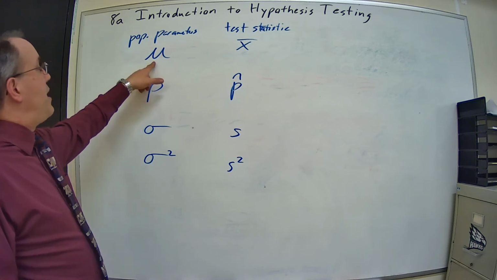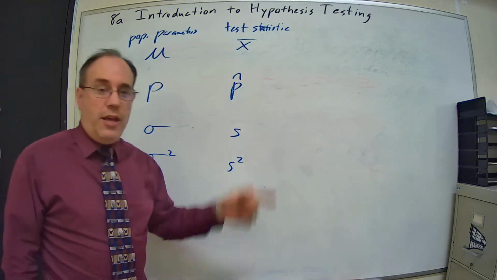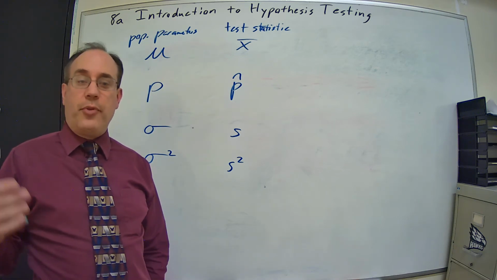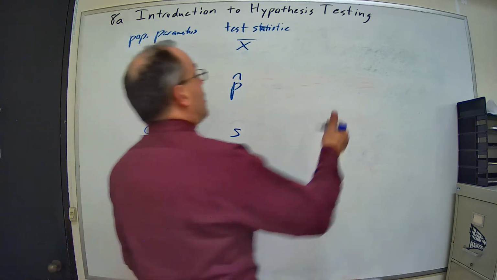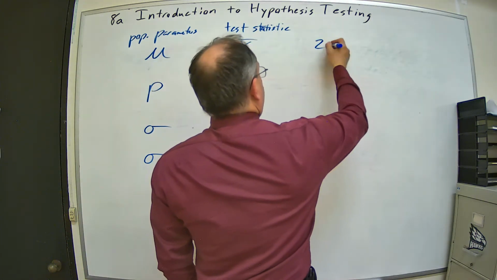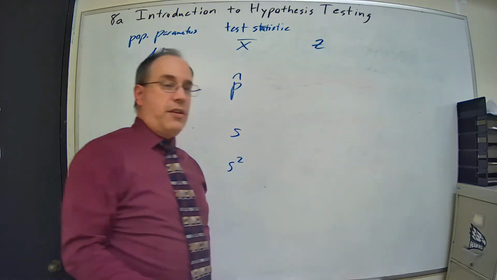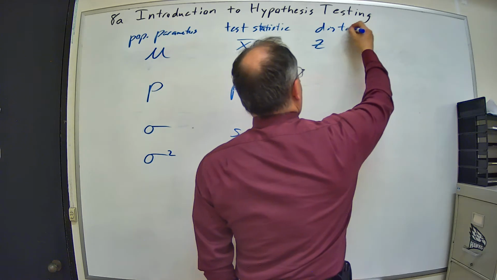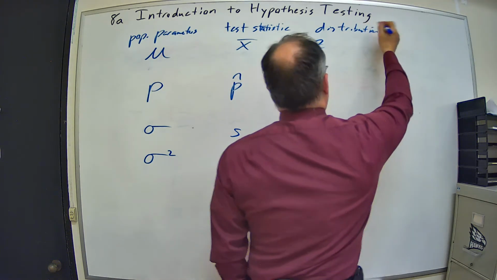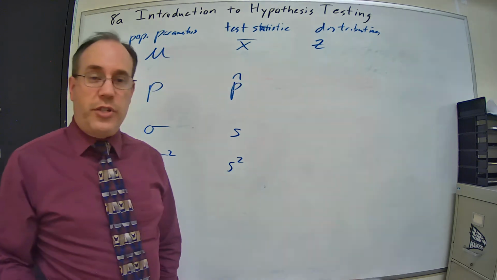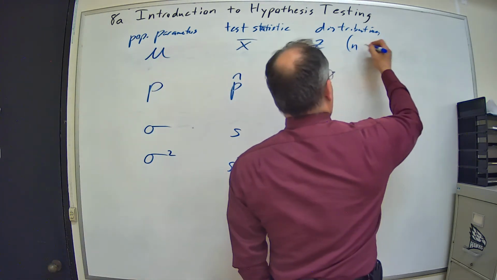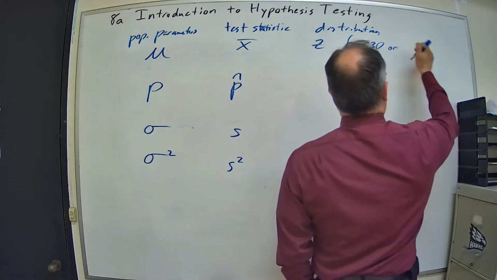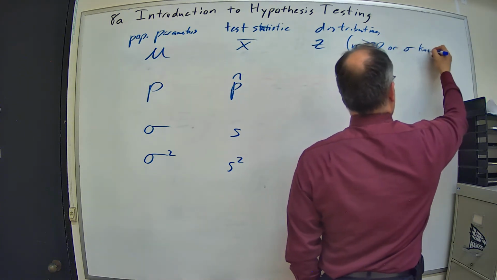So if we're testing a claim about a population mean, just like we did with confidence intervals when we were finding confidence intervals for population means, we will use the z-distribution, and I'm just going to put distribution here, but we would use a z-distribution if n is greater than or equal to 30, or our population standard deviation is known,